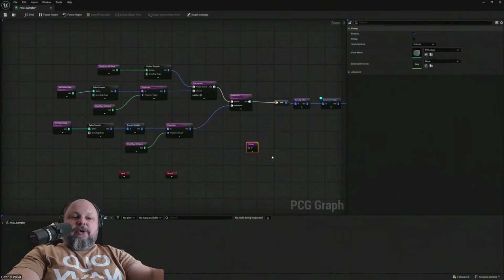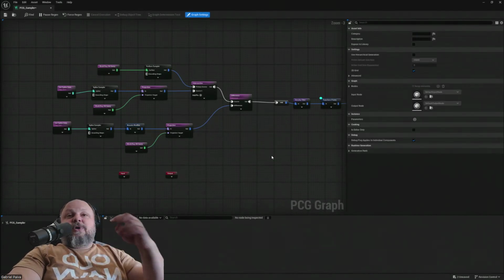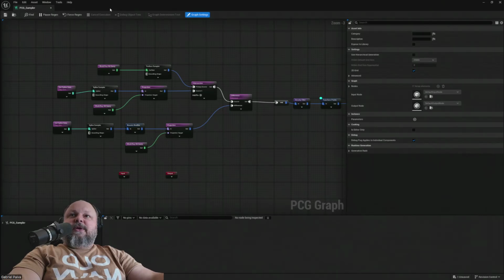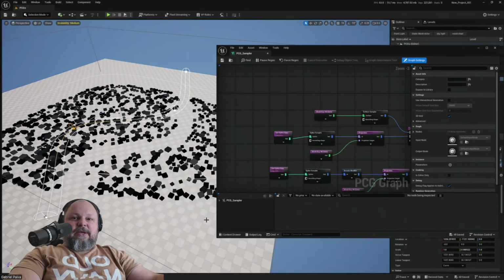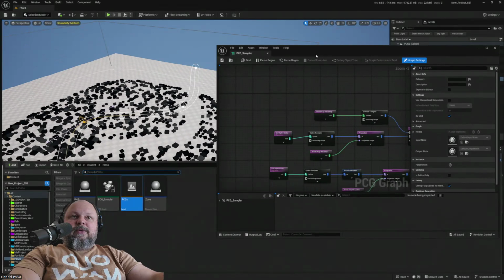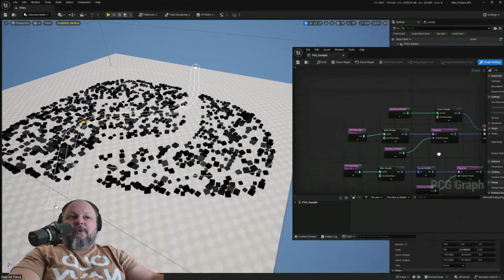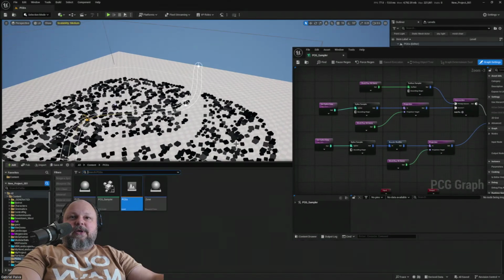So what I want to do now is to start creating self-contained PCGs. Right. So let's actually do that. Let's save everything. We're going to be separating this a little bit because we might want to reuse part of these, but in a different order, right? So let's actually create another PCG